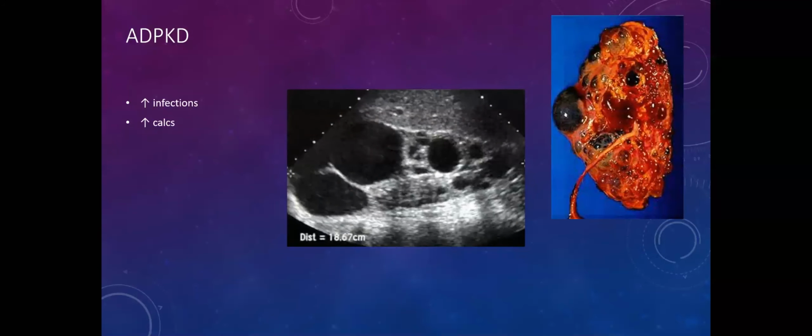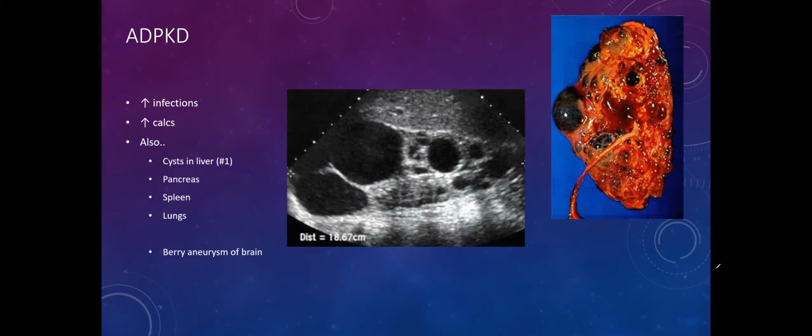I just realized right off the bat, within two bullet points, I was going to say something that's incorrect. I was going to say stasis: all these cysts sitting there, just static, and stones precipitate out of them. But that wouldn't cause it because these cysts are not urine cysts. They are for the most part blood serum. All right, something I have to look up. But in any case, infections and calculi are increased with those